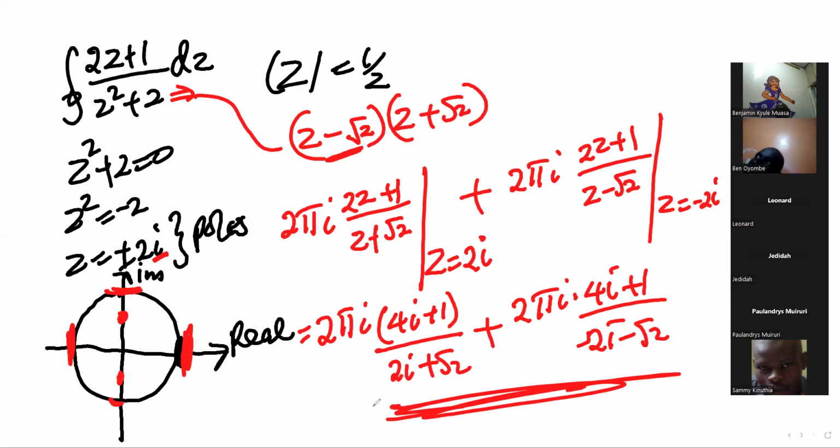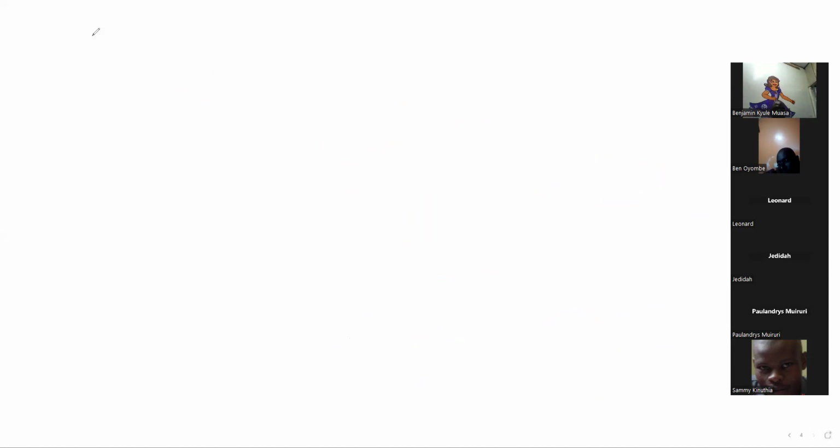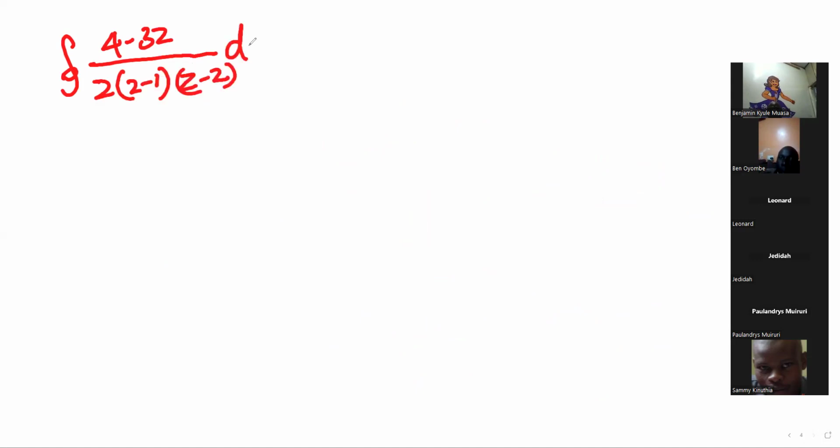But I'm going to give you another example which is easier than this one here. And then we are going to do the one in the cut using this method. There was this question, the one that looked like this: integration of 4 minus 3z over z minus 1, then you have z minus 2, then dz. And our z